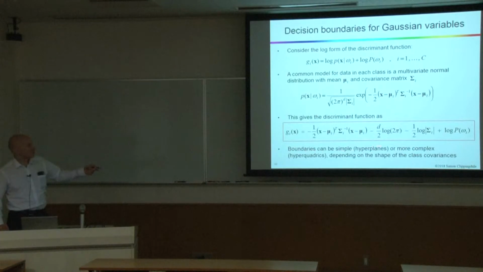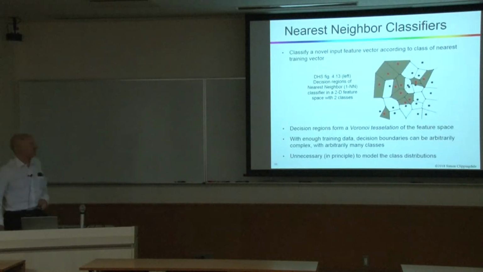So the boundaries can be simple hyperplanes. If all your class covariances are the same and they're all symmetrical, then the boundaries are simple, straight hyperplanes, or they can be more complex, depending on the shapes. So that's all I'm going to say about decision boundaries,